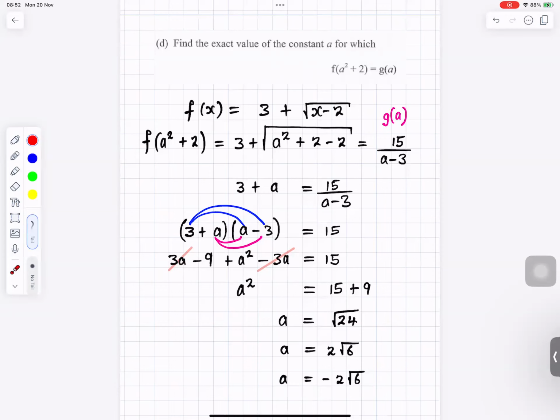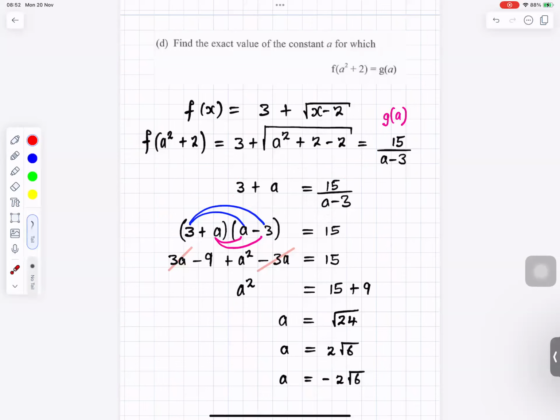So we have an equation to solve. f of a squared plus 2, that means wherever you see x, replace it with a squared plus 2. So we have x in there, we replace it with a squared plus 2. And we know g of a, we replace x with a. So now we got this, and then we simplify. 2 minus 2 is 0. Square root of a squared would be a. So we have this